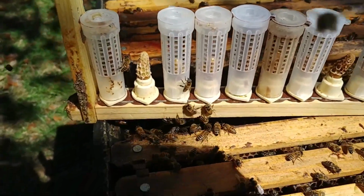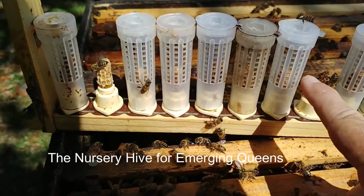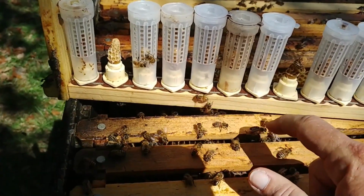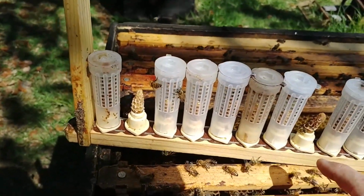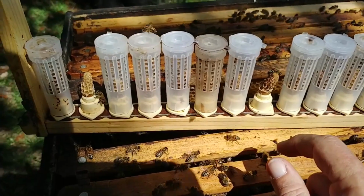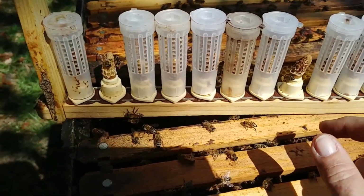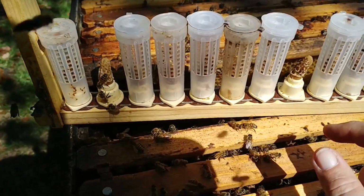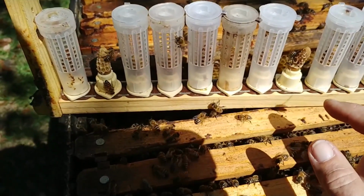So this is queen cells that are in their cell protector that protects them from being chewed down and also from any rogue queen that might be loose that I missed. And you do miss them. You can be extra vigilant and not miss them, but queen cells do hide sometimes, and you miss a day, or life happens. So it's worse to come back and say, wow, my 16 grafts are now 3 because someone came through and